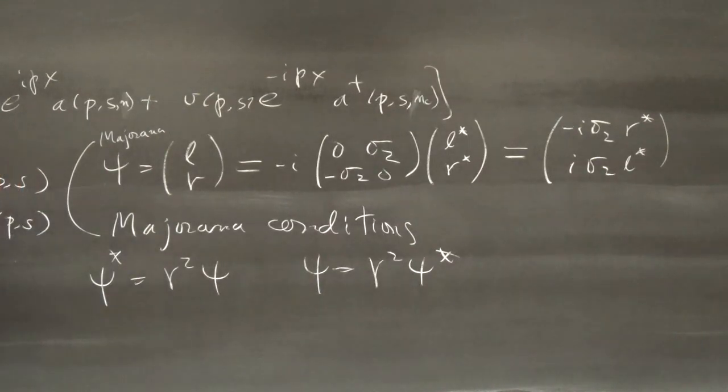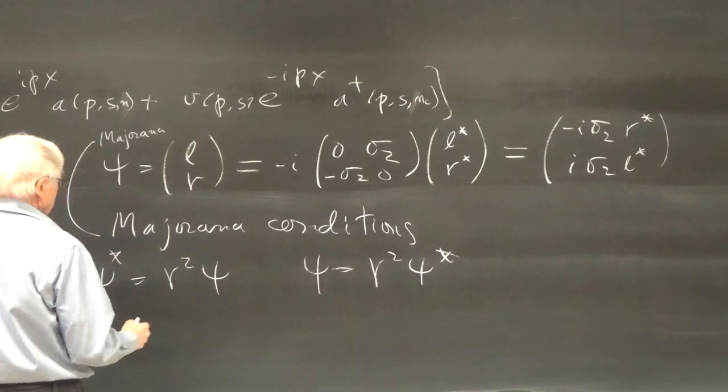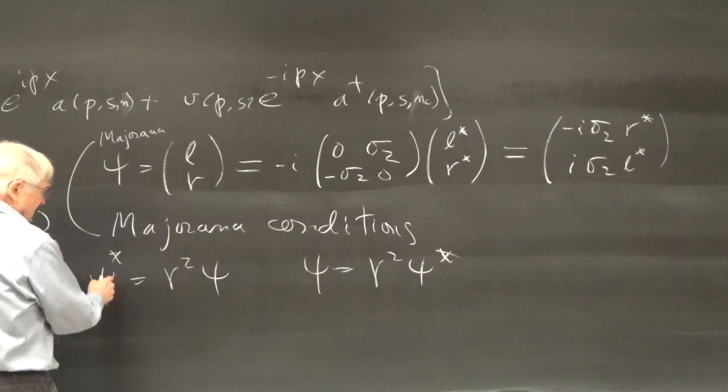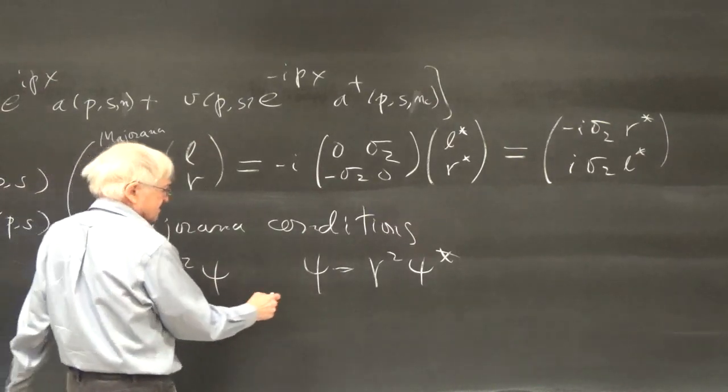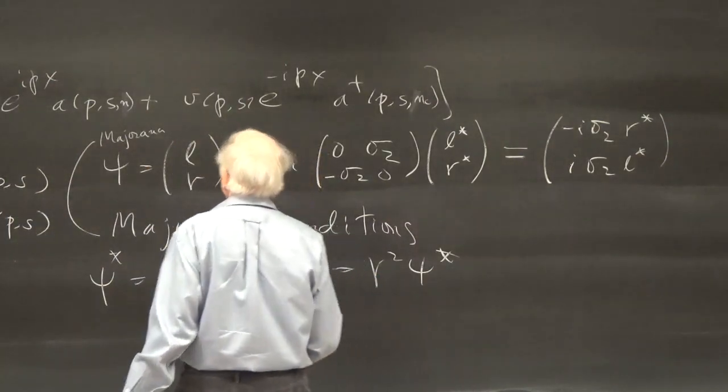These are true just for spinors when they're correctly defined, and this is a correct expansion for Dirac or Majorana fields. But Majorana fields are special in that psi star is gamma 2 psi and psi is gamma 2 psi star,